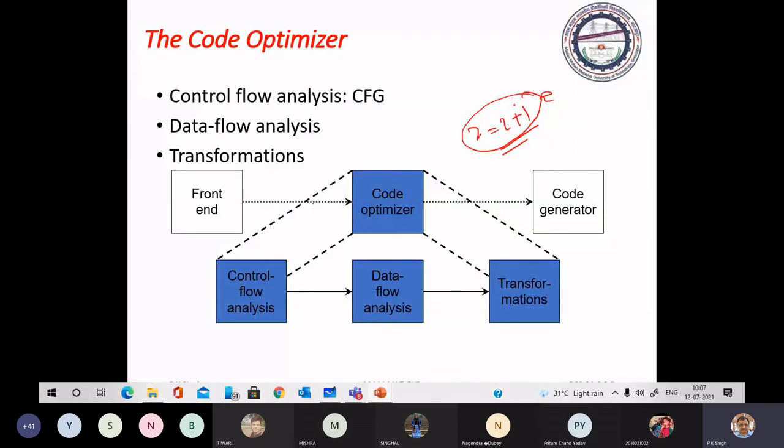If you have 5 functional units, there must be scope for executing 5 instructions simultaneously. This is the duty of the compiler.